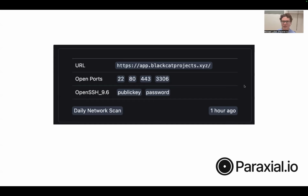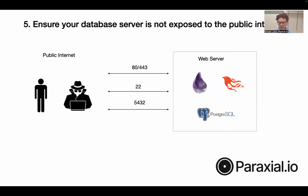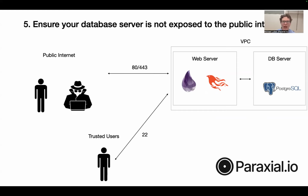So that brings me to the next item. Don't expose your database server to the public internet. And the reason I want to sort of harp on this, it seems like I might be doubling up on items here, is you can run a web server with Elixir and Phoenix and Postgres all in the same box, and then have 5432 exposed to the public internet. But let's say you left the username and password to be Postgres. Somebody can just log into your database and steal all the data, and that's probably not what you want to happen. The correct way to do this, or what you should be doing, is don't have your database server on